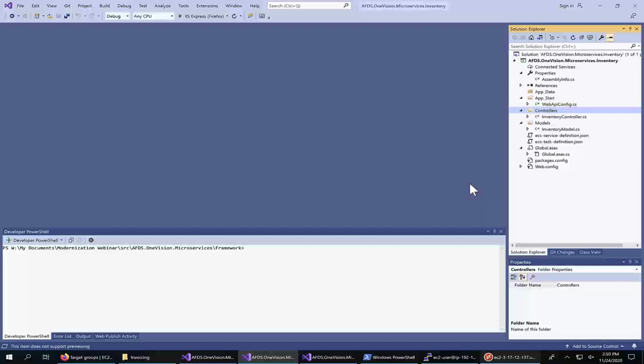Now let's deploy the inventory microservice. Remember, the inventory microservice was not able to be converted to .NET Core, so it's still running on .NET Framework. This means the inventory microservice will need to run on a Windows container, not a Linux container. Let's use apt2 container to package this microservice.